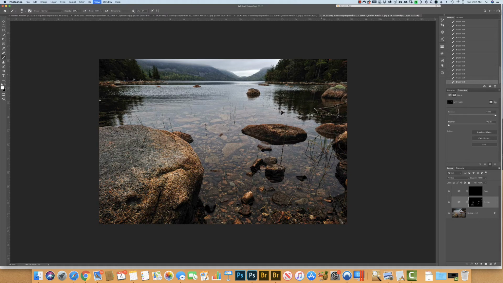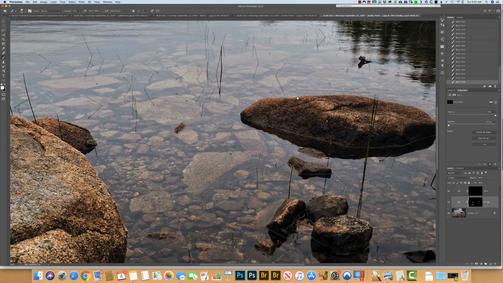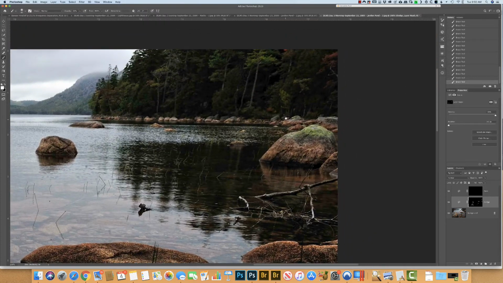Now you can zoom in here with your Command or Control plus on your keypad and just continue painting along here. We want to be sure to just get the highlights here, and then we'll come along later and get the shadows. So again, pretty quickly, these rocks up here,